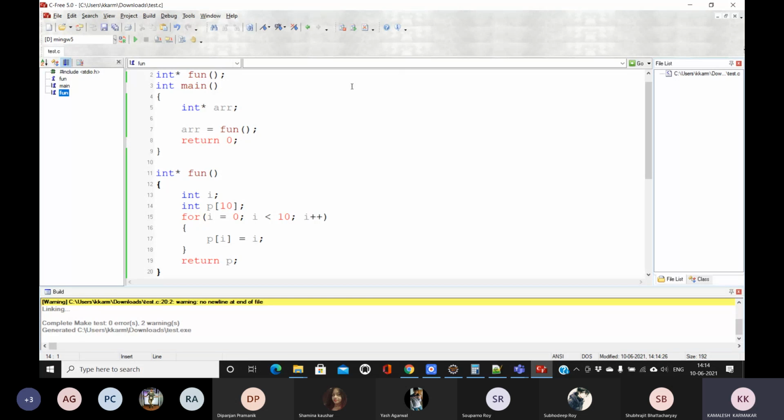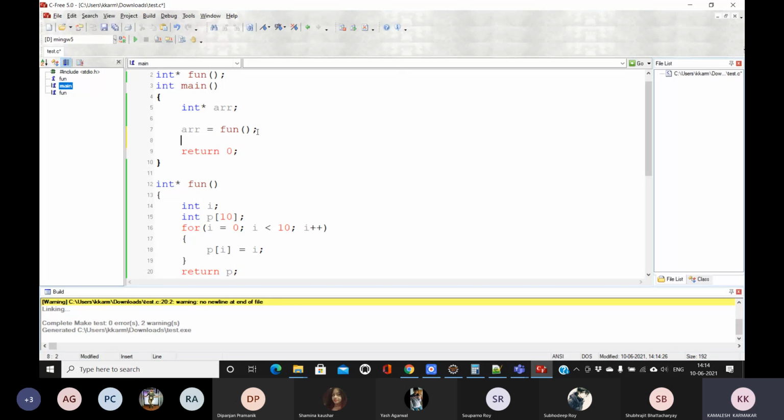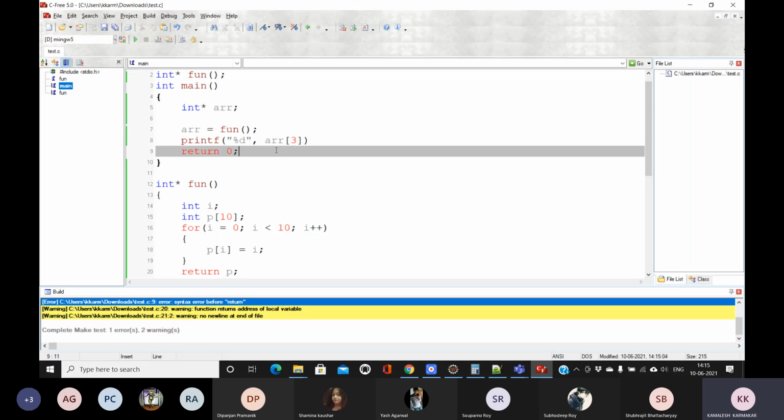Now if I want to print a value to check whether this function is returning this array properly or not, let me print the third element. So ARR 3, I want to print the fourth element here.